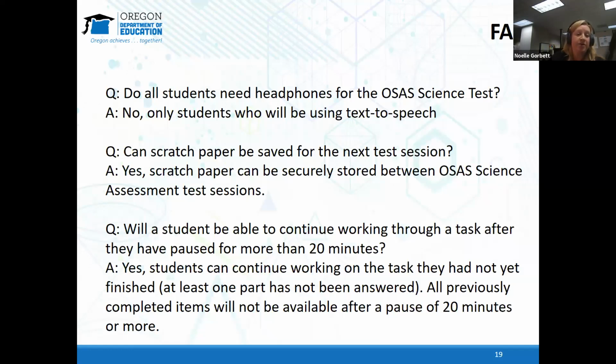Second FAQ question: can scratch paper be saved for the next test session? So before OSAS, when we had our old OAKS test, the notes in the test administration manual said that notes should be shredded. Because of the cluster format within the OSAS Science Assessment,